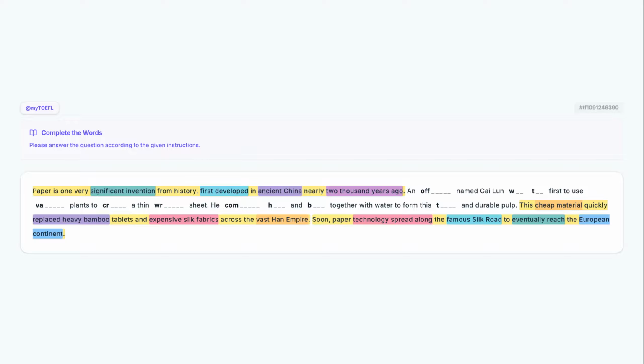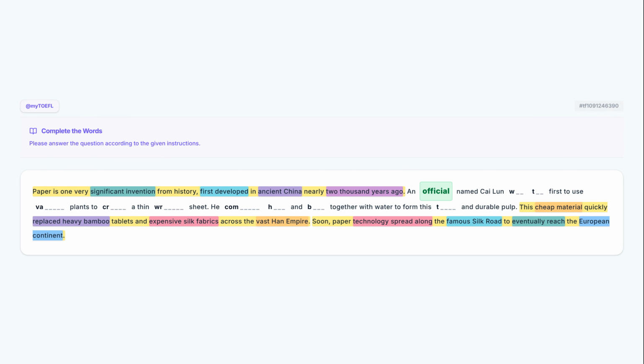The sentence introduces a person named Kai Lun, who was part of the government structure. To describe his formal role or title in the ancient court, the most appropriate word is official. An official named Kai Lun